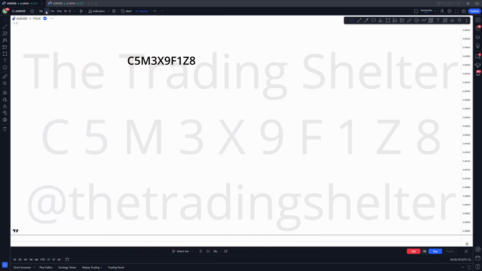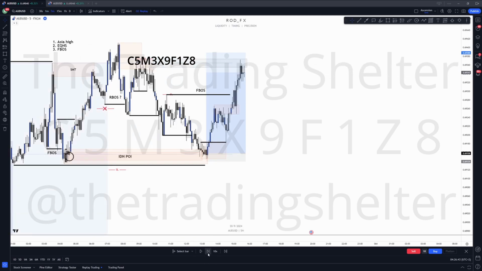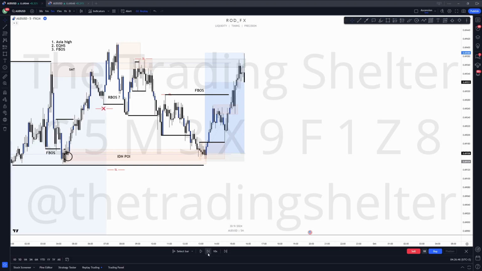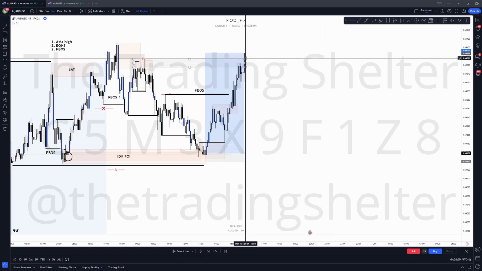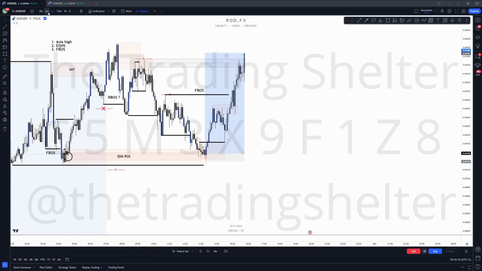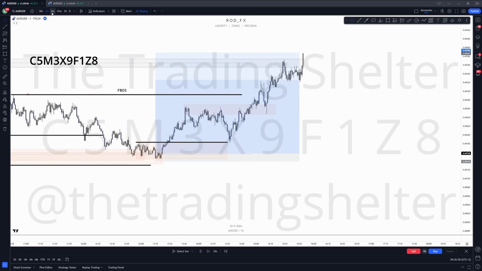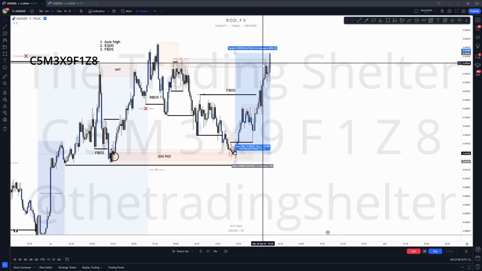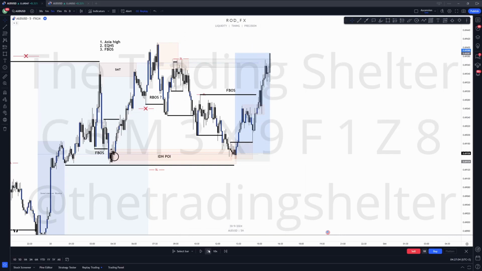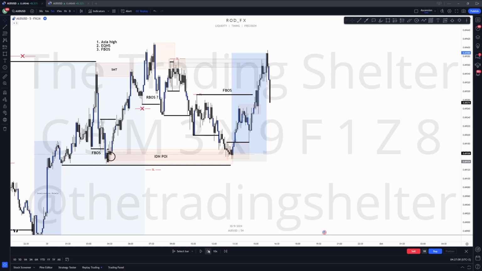Now, I thought that we might potentially have an entry here when I was in the M1. I didn't decide on this entry, and when I saw that wick, I decided. I waited for that candle closure. I saw that candle forming, and when I went into the M1, I just decided to close. Even though price went higher, it was a little bit unfortunate, but I decided to close. Okay, so if you see now what price does, it rejects here.